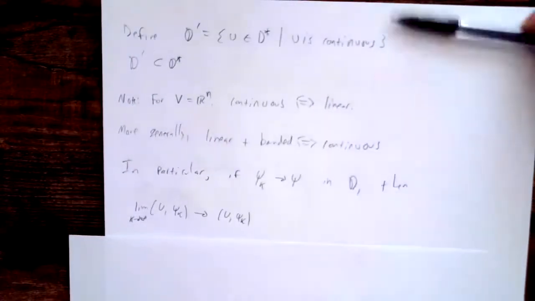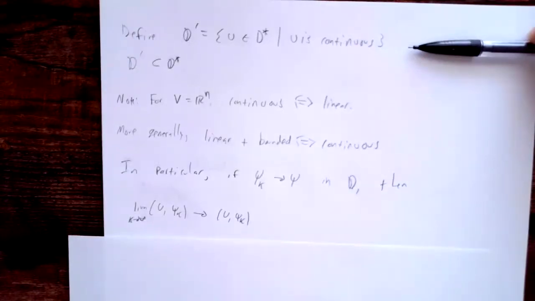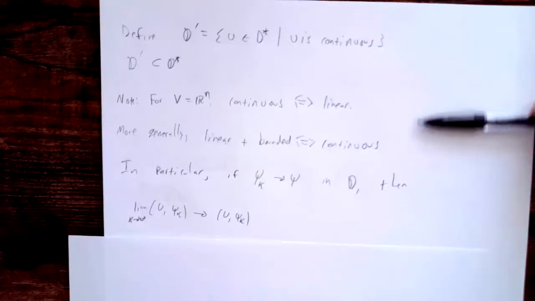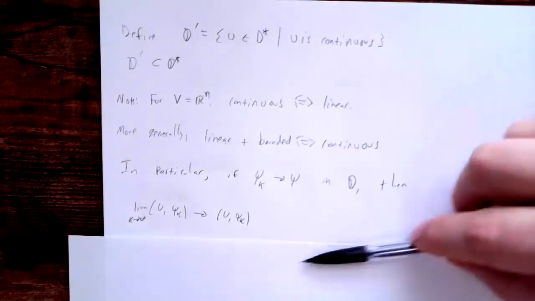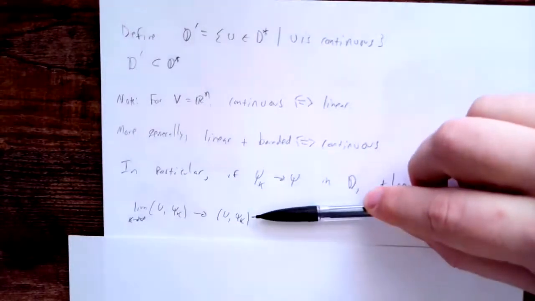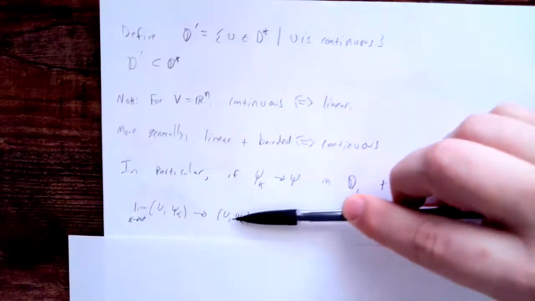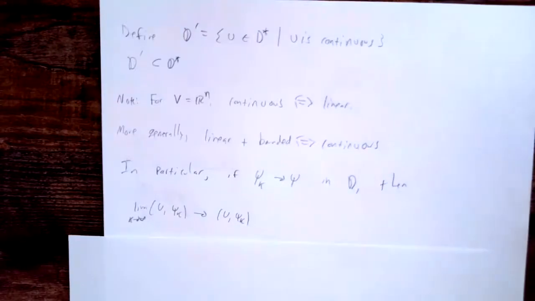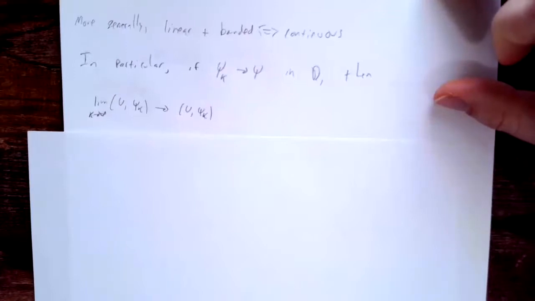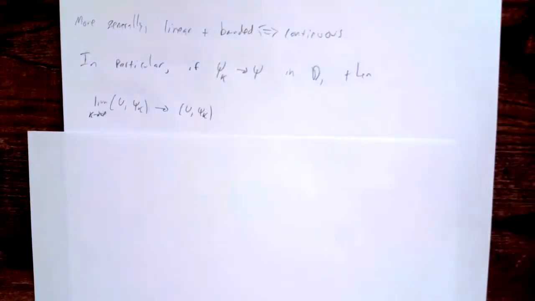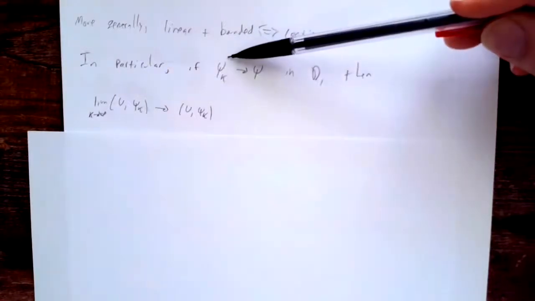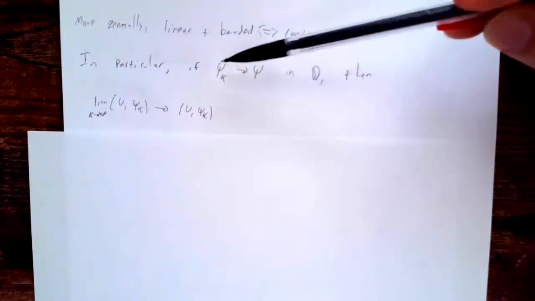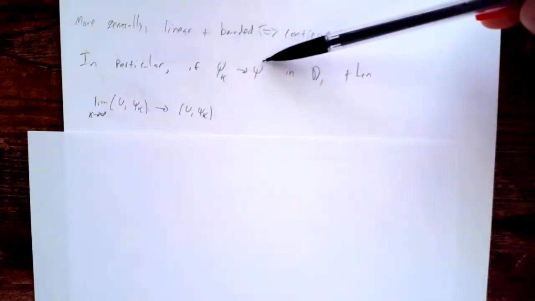What fact about continuity am I actually going to use? The fact that I can take limits of sequences and bring the limit inside of the function. It's the characterization of continuity that you use in calculus, and it's the consequence of continuity that I want to use here. So in particular, if you take a sequence of test functions inside D that converge to psi,